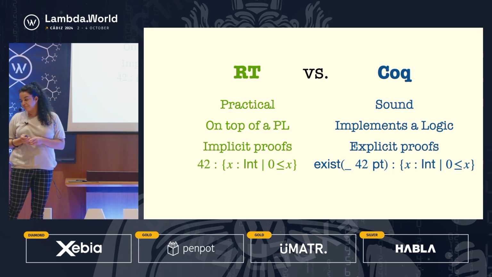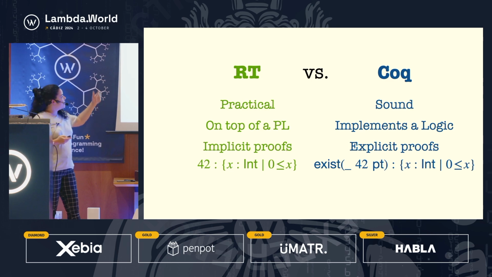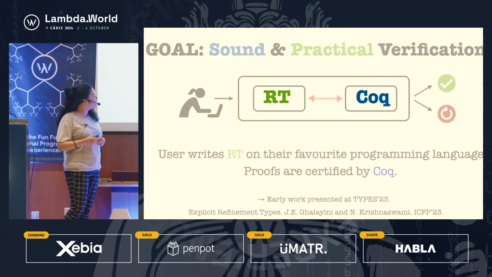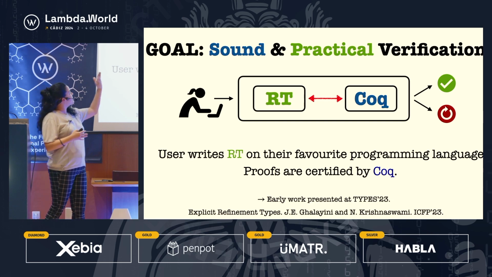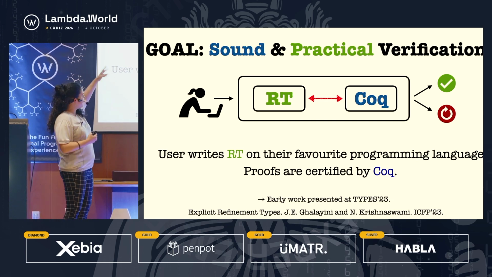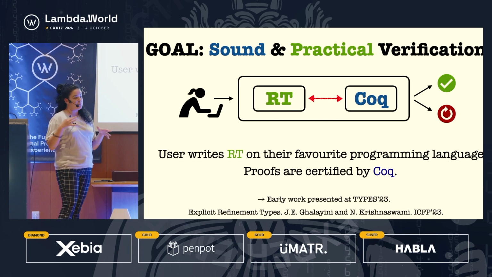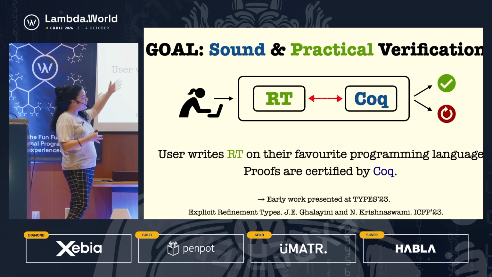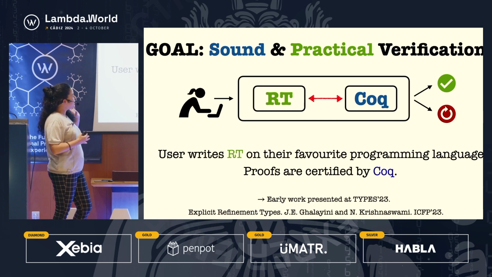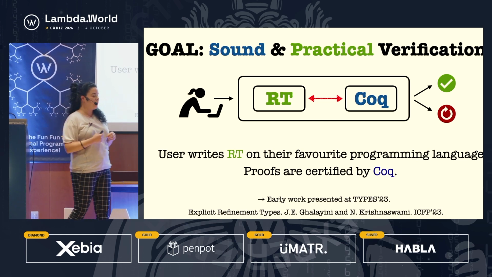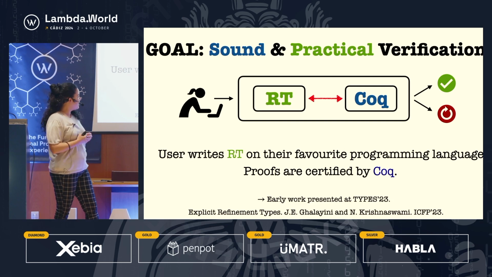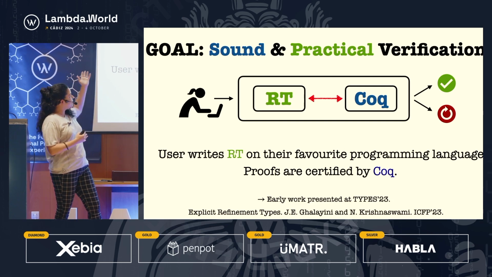And yes, with this in mind, you have the soundness on one side, you have the practicality on the other side, and my vision, my goal is to somehow combine both of them. So you have a user that interacts with these practical refinement types of Liquid Haskell, Liquid Rust, or whatever other refinement type checker you want, and in the back you decode into a sound verifier like Coq, so you get both the soundness and